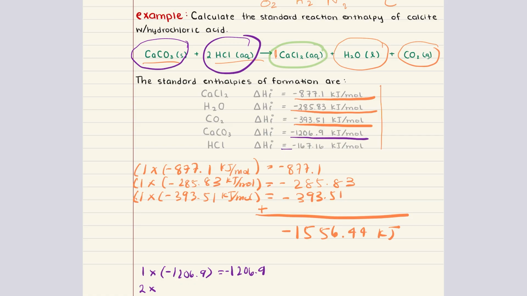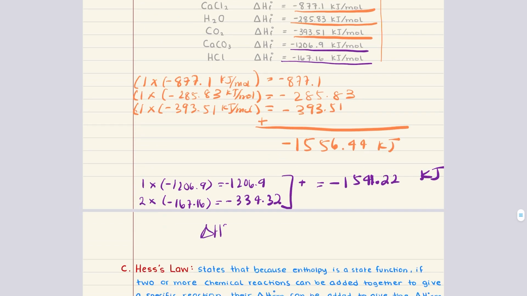The enthalpy of formation for hydrochloric acid is negative 167.16 kilojoules per mole, and this gives us negative 334.32. For the total reactants, if we sum this up, we get negative 1,541.22 kilojoules. And with that, we can now finally plug everything into our equation and calculate delta H of the